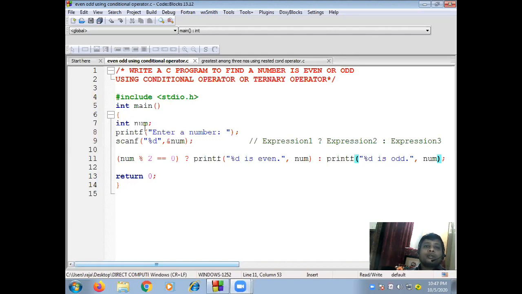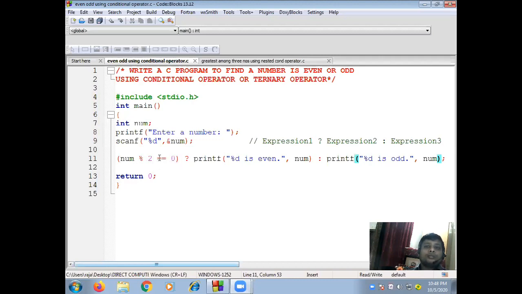Now see the program. Integer main, integer number, printf enter a number, then scanf %d ampersand number. Here I am inputting what? Number through scanf. Clear? Then this is the condition to check a number is even or odd. Number modular division by 2 equal to 0.